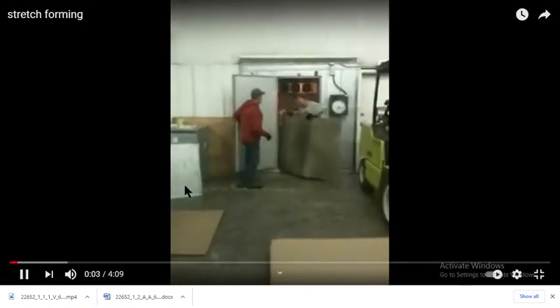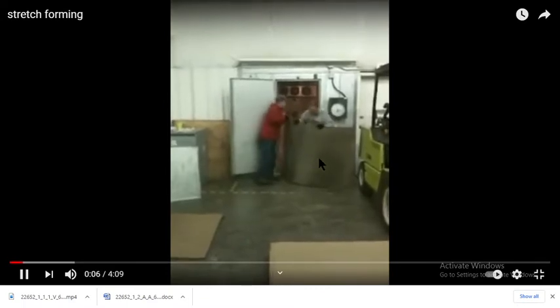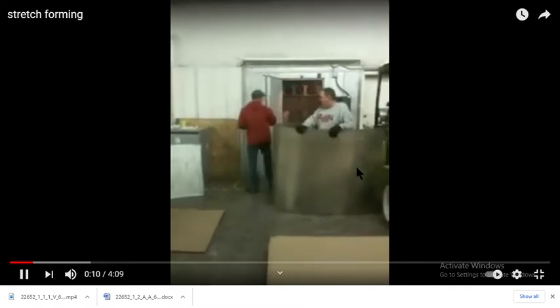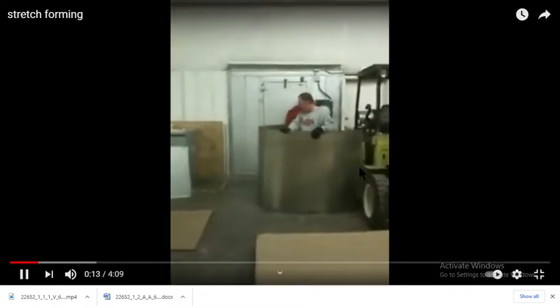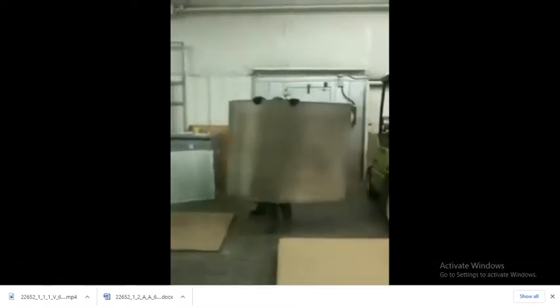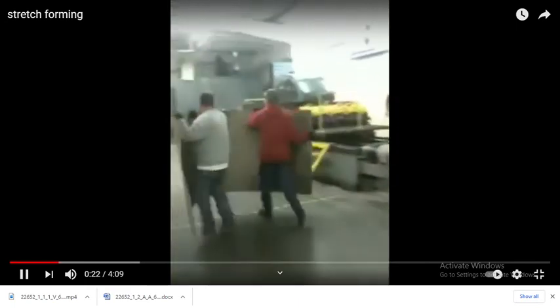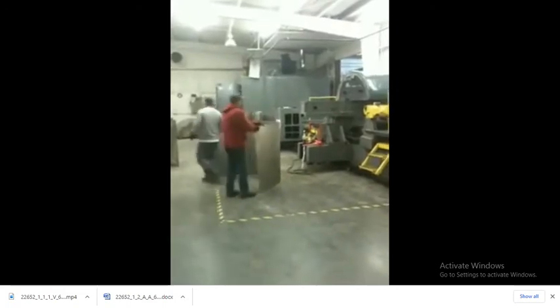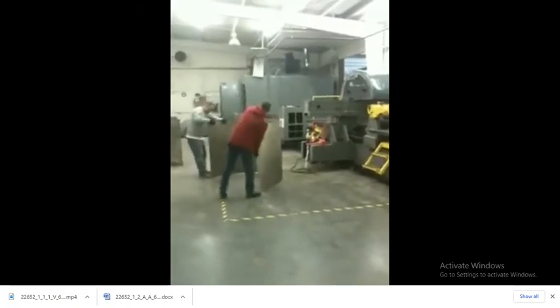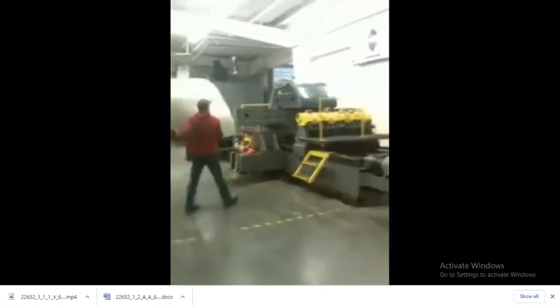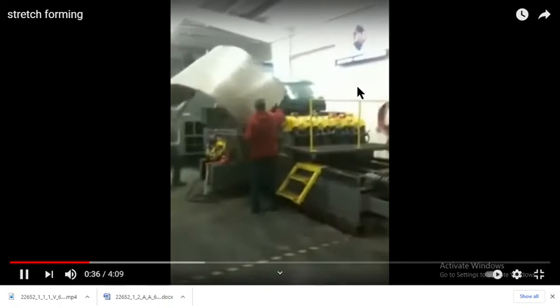Again we are going to see the videos of stretch forming. Here the sheet has come. Now they are going to connect the sheet to the jaws where the stretch forming process will be performed. Now the sheet is connected to the jaws here.